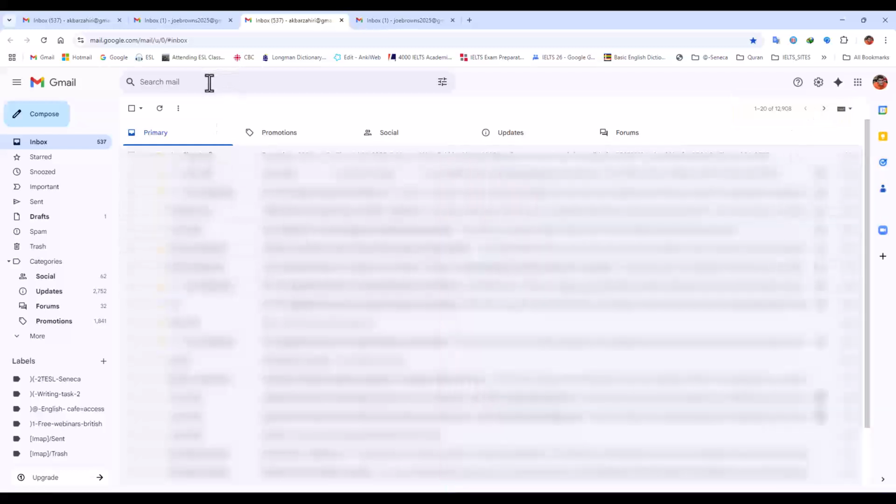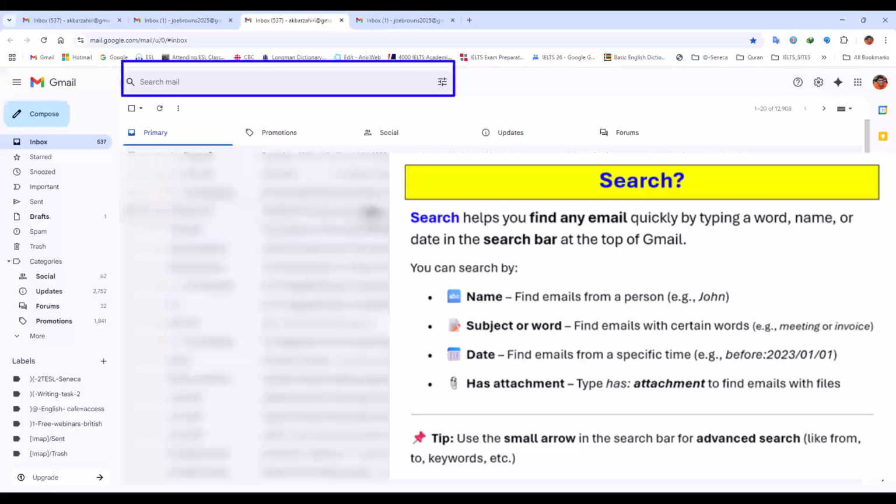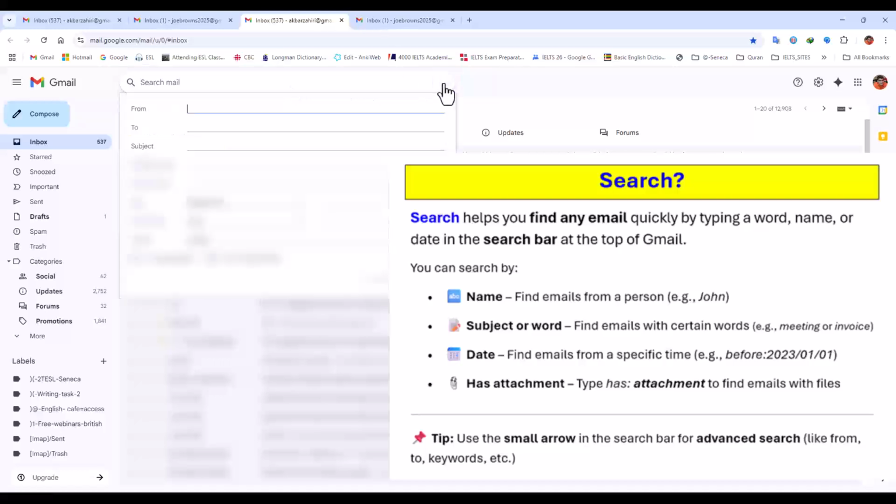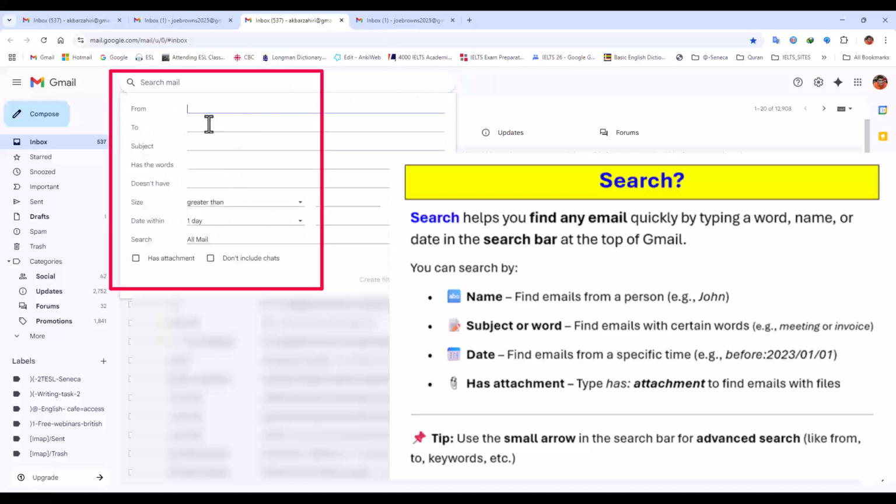And the next option is search. When you have lots of emails, it is very important you work with the search mail option, because when you have thousands, hundreds of emails, finding an email is difficult. So here you can click on search and write some information from the email that you are searching, or click here. When you click here, you will access lots of options. For example, the email that you have received from somebody, or has sent to somebody, or the subject has some words, or the body has some words, you can search, or it has an attachment, something like this, then search it.